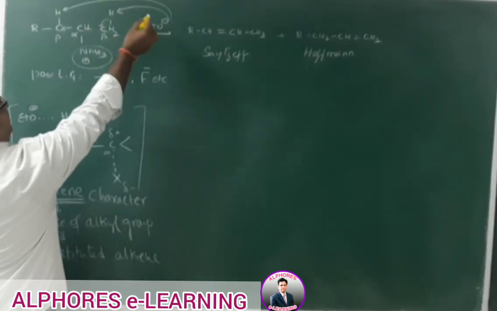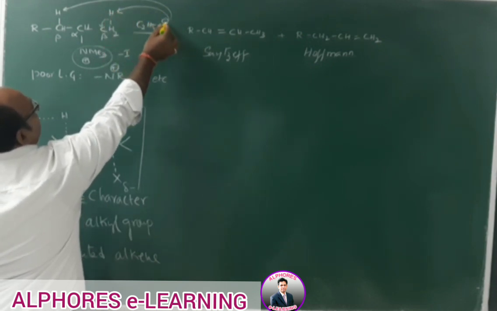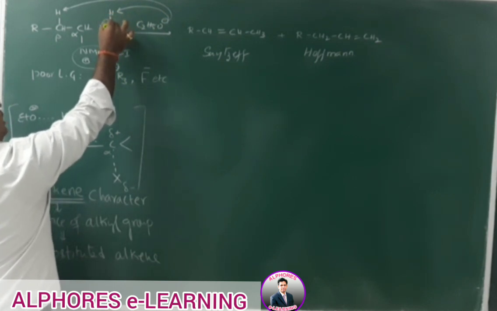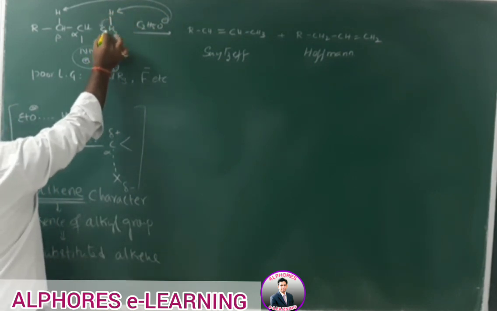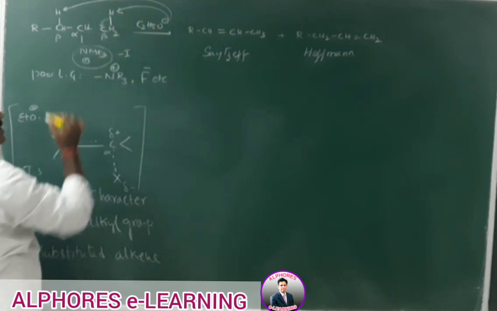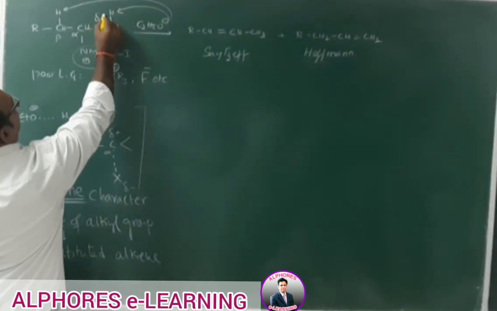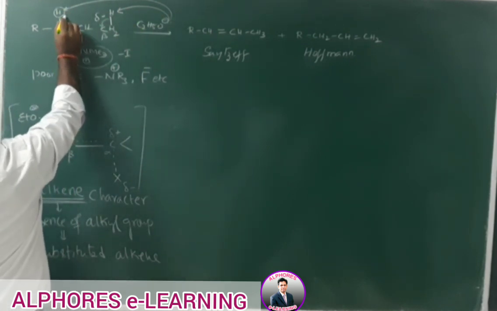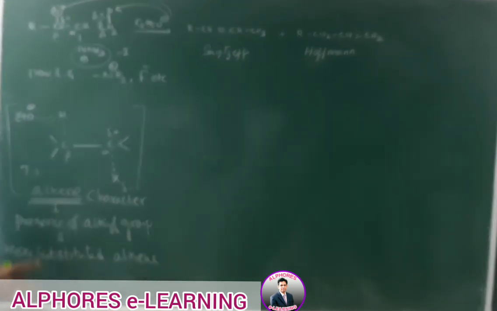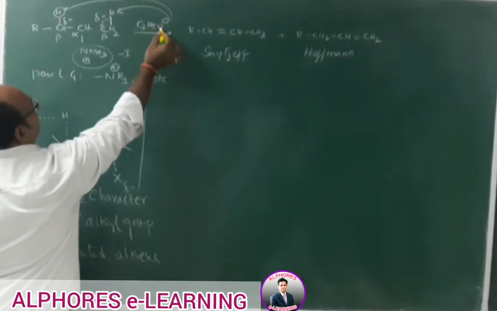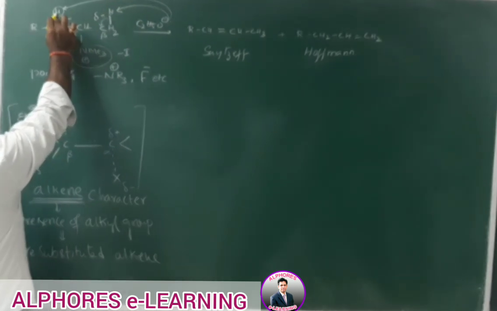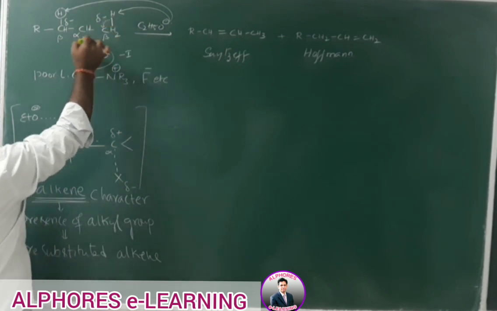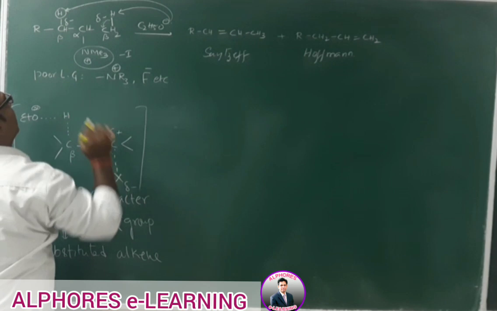These electrons will be shifted because of it approaching with a lone pair, meaning negative charge. When the base approaches with negative charge, the CH sigma bond electrons are shifted towards carbon. As a result, this carbon acquires negative charge. If this same base comes and attacks this hydrogen, this carbon is going to bear negative charge. That means there are two possibilities. The base has to attack either this beta hydrogen or this beta hydrogen. Ultimately, this beta carbon is going to acquire partial negative charge.